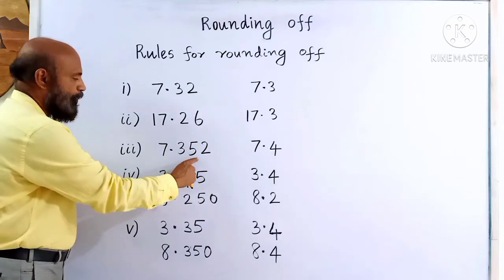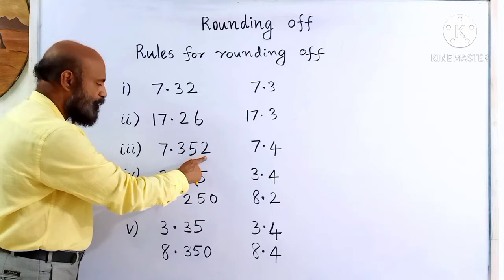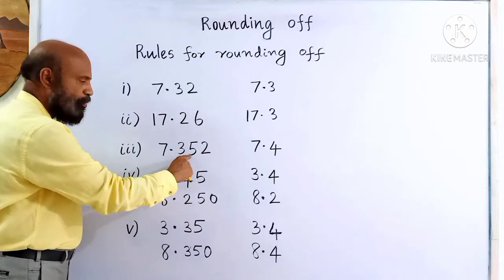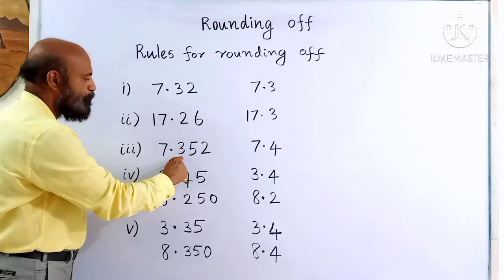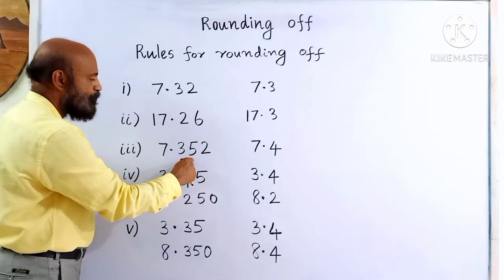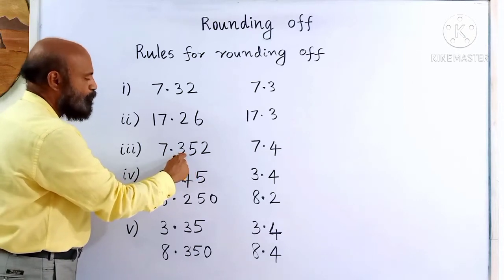If it is followed by a number other than 0, then when you drop this 5, the preceding digit is to be increased by 1. If 5 is followed by a number other than 0, when you round it off to 2 digits, it will become